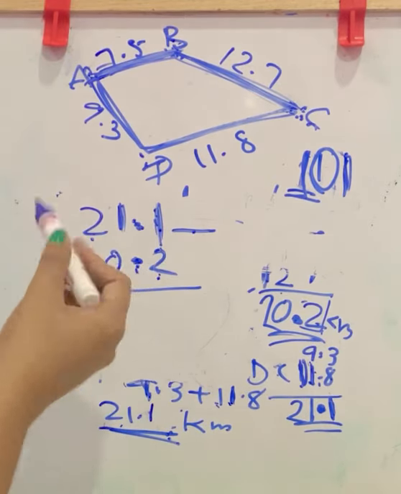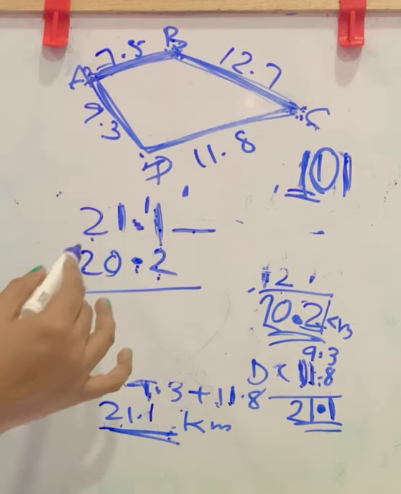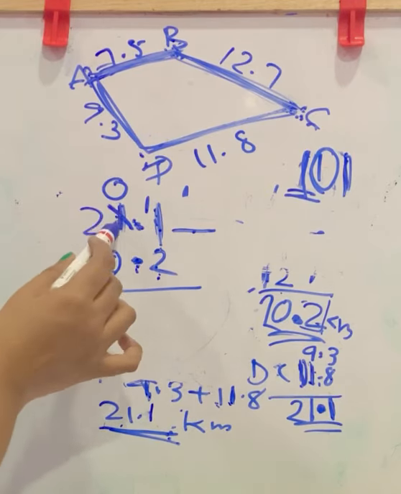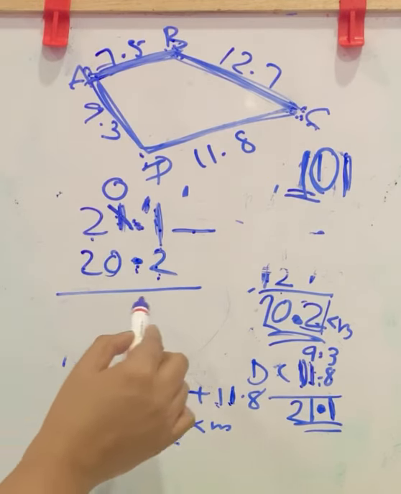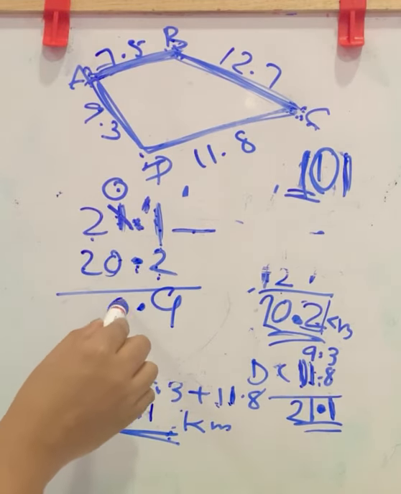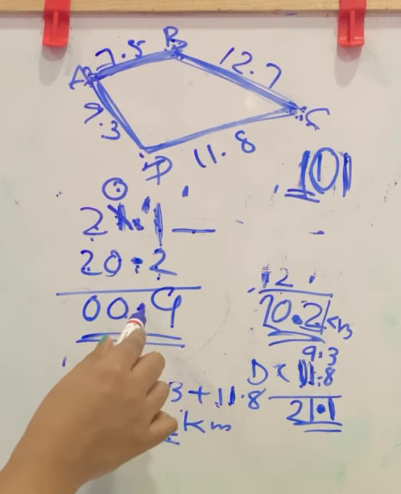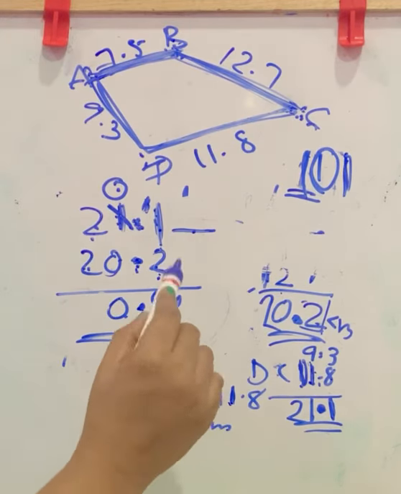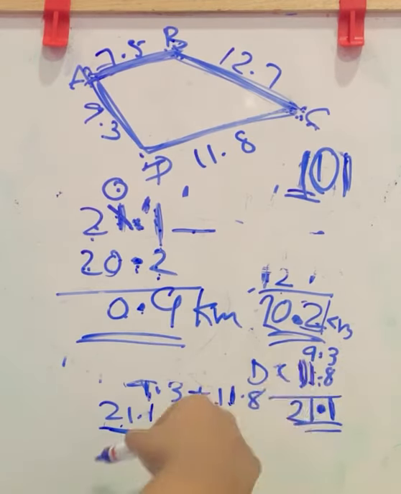Now 1 minus 2, you can't subtract 2 from 1, so make it 11. Now as usual in subtraction, you cut this and borrow 1 from here, so it becomes 0 because 1 is borrowed. Now 11 minus 2 is 9, carry down the decimal, 0 minus 0 is 0, 2 minus 2 is 0. So this is the answer, 00.9. You don't need to write 2 zeros in the whole number part, 0.9 is enough. This is the difference. This many kilometers is the difference between both travels.